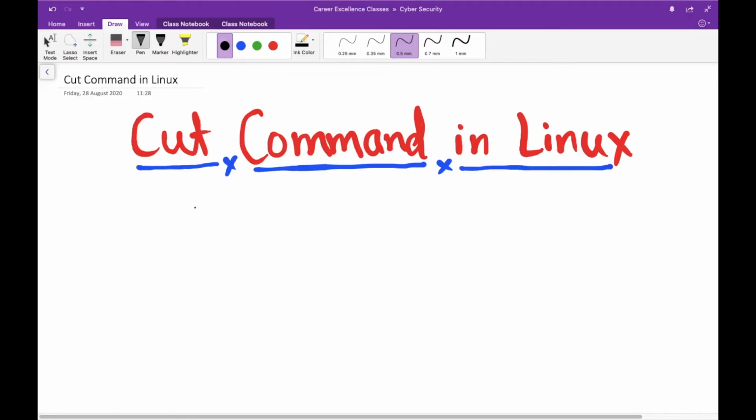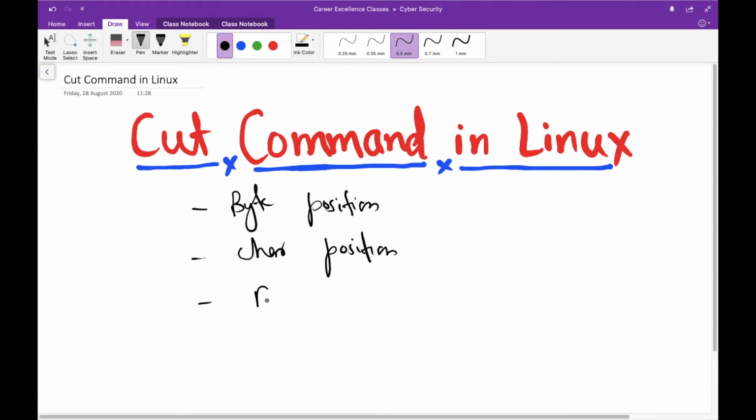There are three ways you can cut a portion of a file: depending on the byte position, the character position, and finally based on a delimiter. Clear? Whenever you are specifying a byte position, you have to write -b and then provide some fields here.